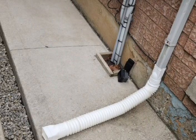So guys, as a homeowner, I'm sharing a really important tip for you. If you see on your screen, you see this water drain coming from my rooftop, and I have added an extension. So this is basically called a downspout pipe extension. This is something like, what happens if you don't have it, then what's gonna happen